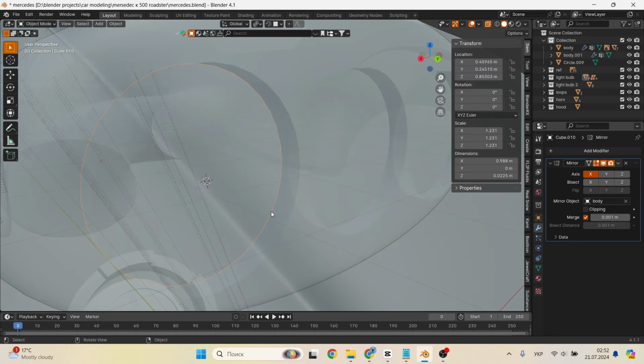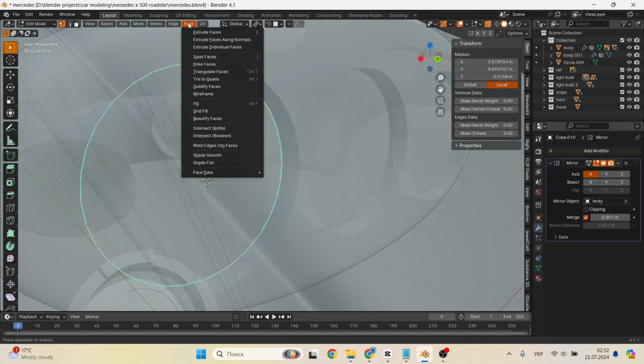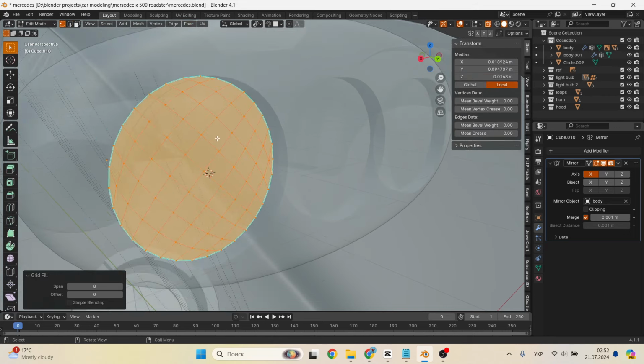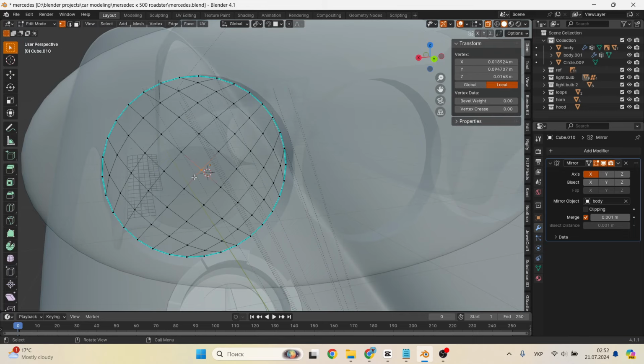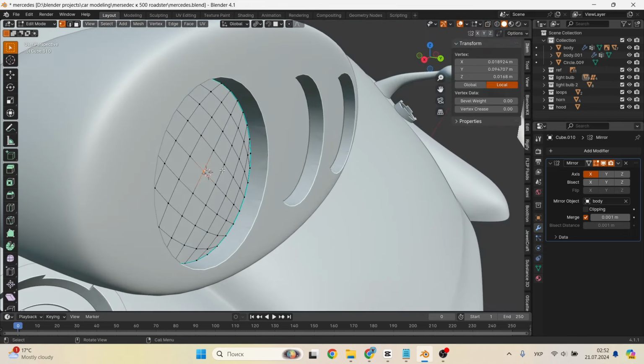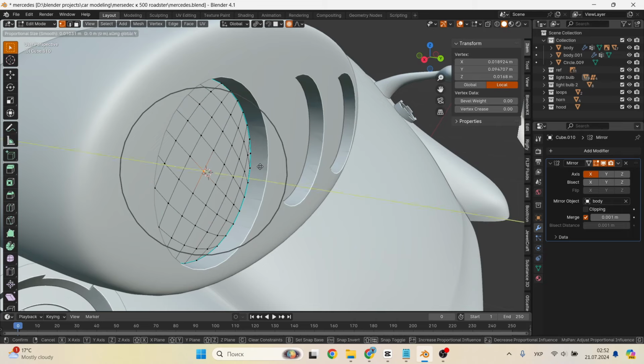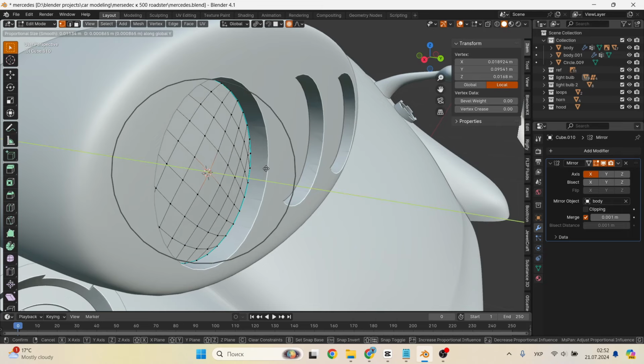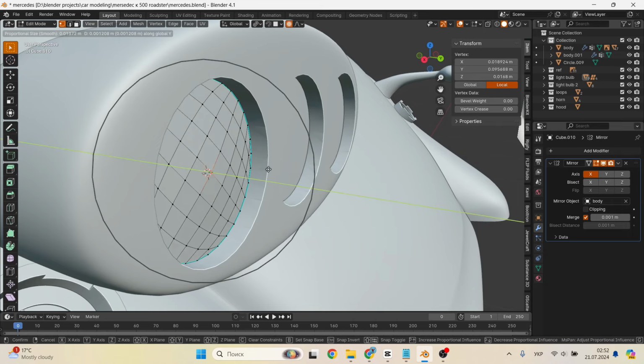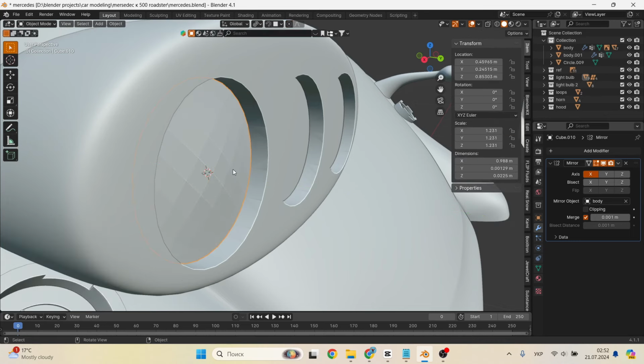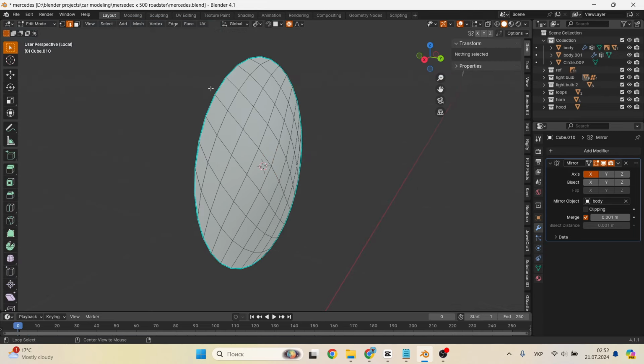Now in object mode, you need to fill the circle using the grid fill tool. Next, select the central vertex, turn on proportional transformation, stretch the vertex a little and adjust the circle so that we get a lens. Apply Shade Smooth. And do not forget to align the outer row of vertices, as practice shows they usually shift.